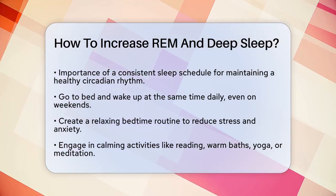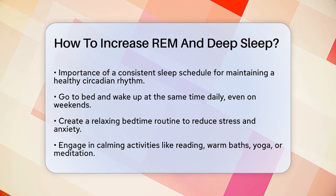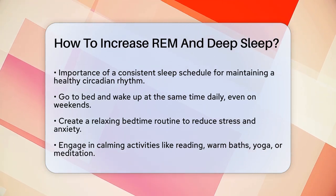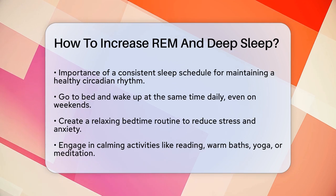First, let's talk about the importance of a consistent sleep schedule. Going to bed and waking up at the same time every day, even on weekends, helps your body maintain a healthy circadian rhythm. This consistency is key for both REM and deep sleep, as it helps your body regulate the